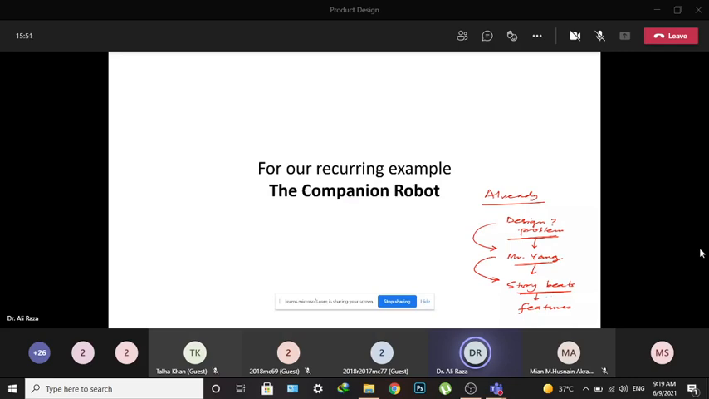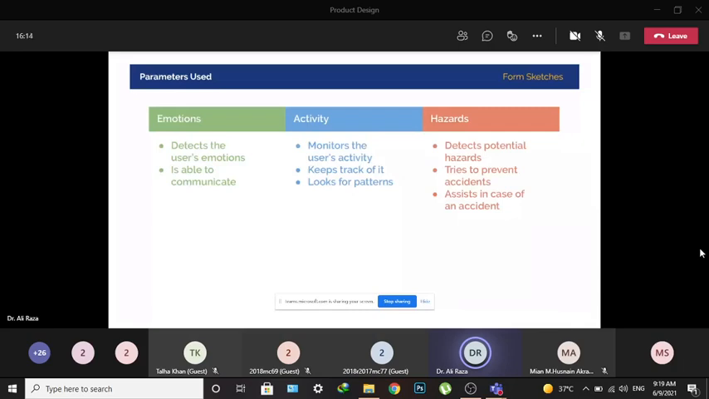So, out of those story beats, we identified the features of the product. In this fashion, we have already identified what needs to be done. And in that particular case, we have identified the 2 iterations of the companion robot, which corresponds to how these parameters are taken care of. The first one being